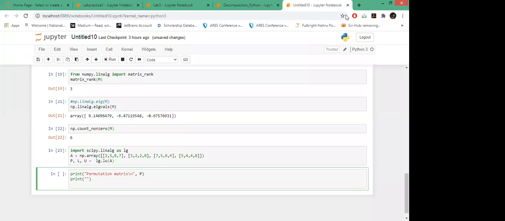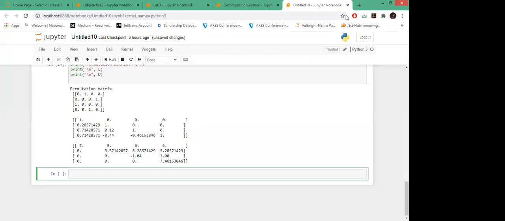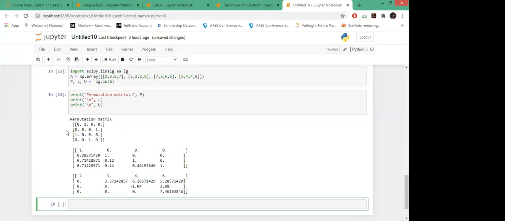Here I'll just directly write this L. Let's see. As you can see, to get the L factor and U factor of A, we have this permutation matrix, which is the row-exchanged form of the identity matrix. This is your L with ones on the diagonal. This is your U, the upper triangular matrix. So this gives us the factors of A, and you can write it in this form now.